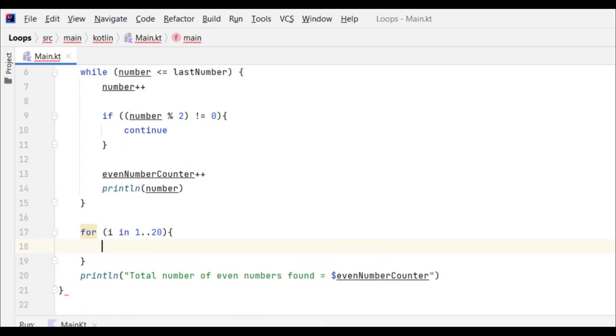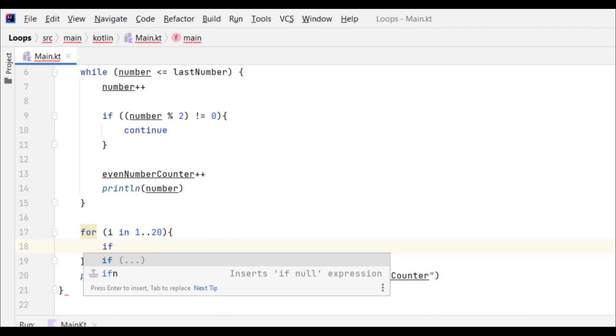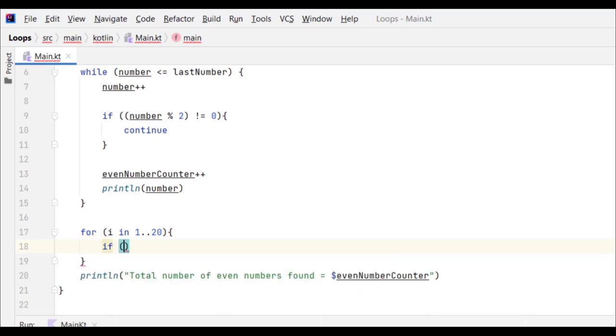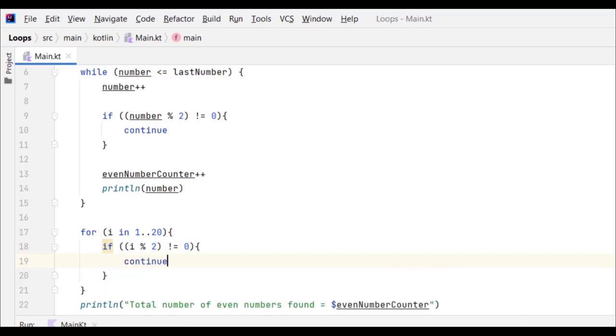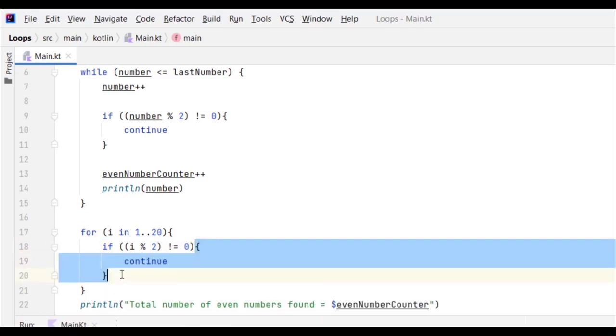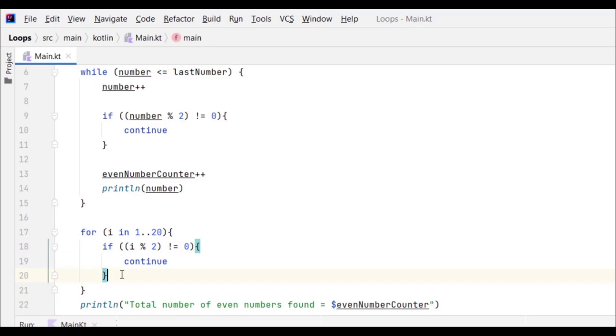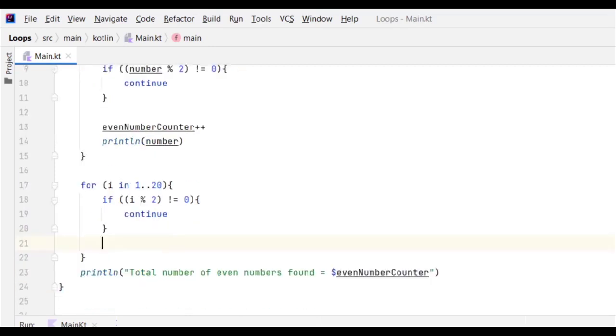here you can check if, parenthesis again, if I percent 2 not equal to 0, then call continue, then else is gonna execute the code which comes below here,